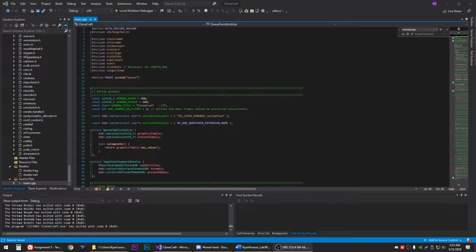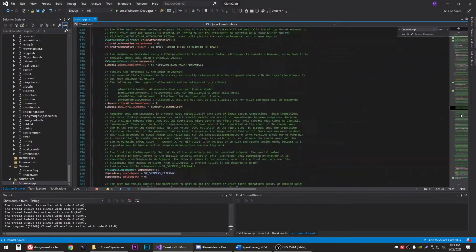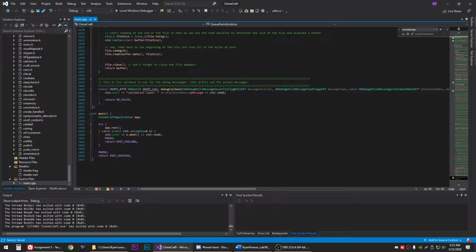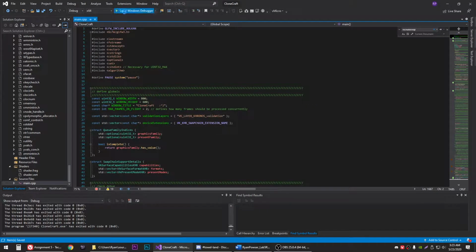Hey, so I'm going to be showing you my CloneCraft Minecraft clone program. It's very long currently. It's just about 1,700 lines, and all it does is